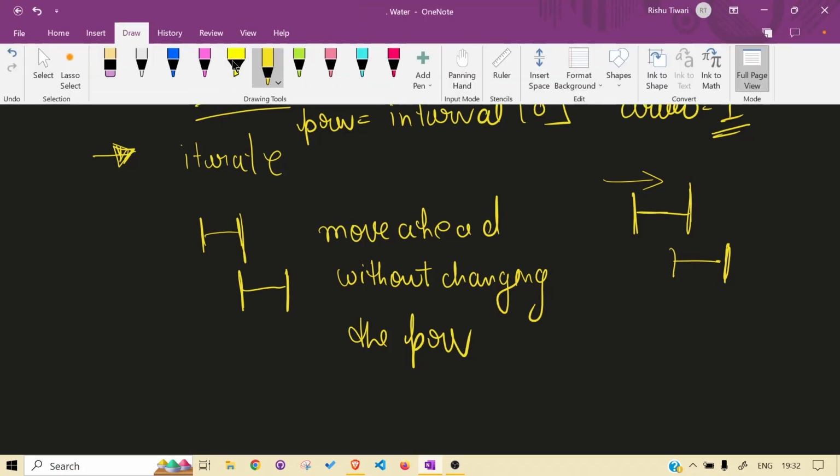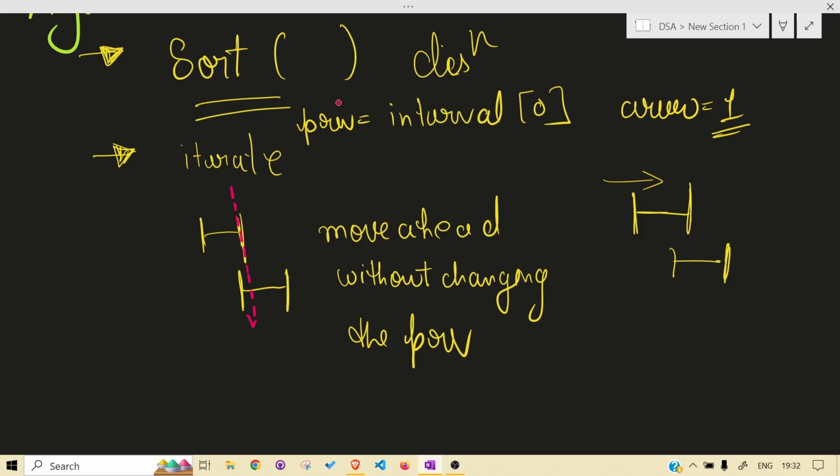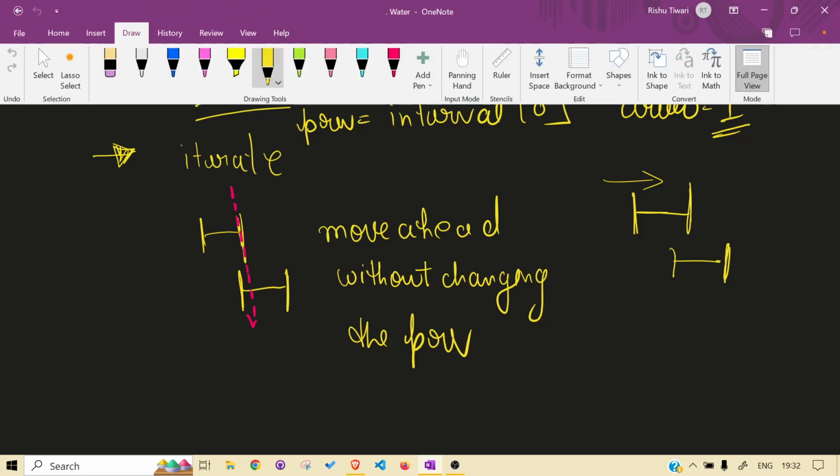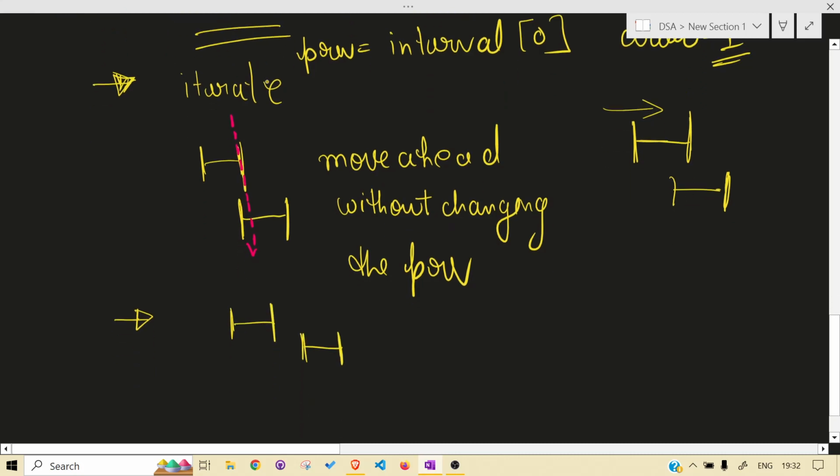Let me say it again. If you forgot, our arrow is shot over this. The arrow cannot change its trajectory, so whichever falls in this interval is overlapping. Am I clear or not? So if this case happens, we will still move ahead,